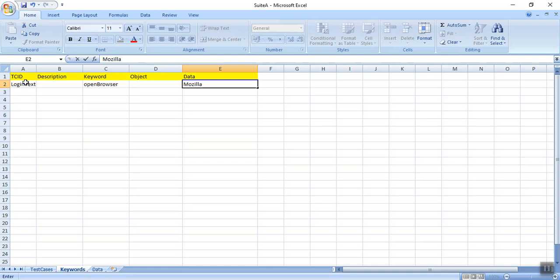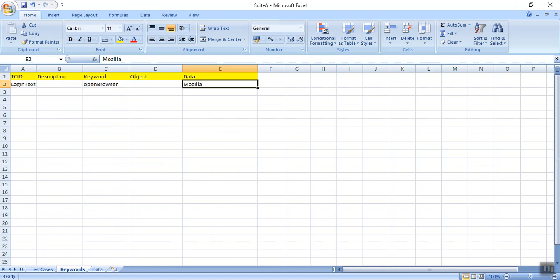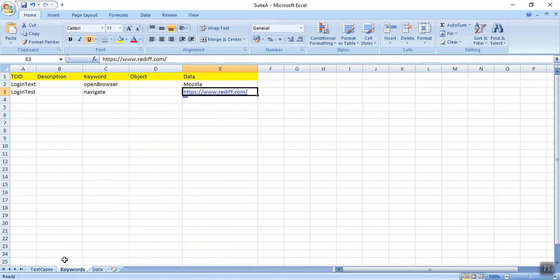Currently I have hard coded this data, but in future we will read this data from the data sheet. The second test step is again login test. Let me check the spelling and correct it.